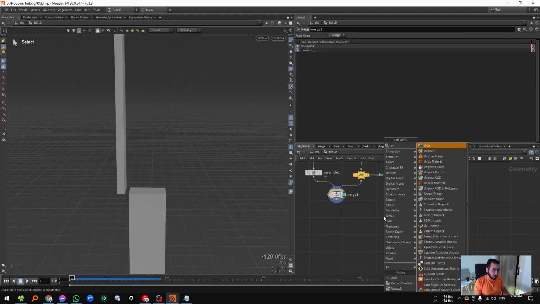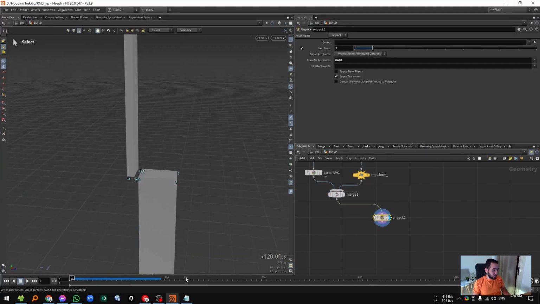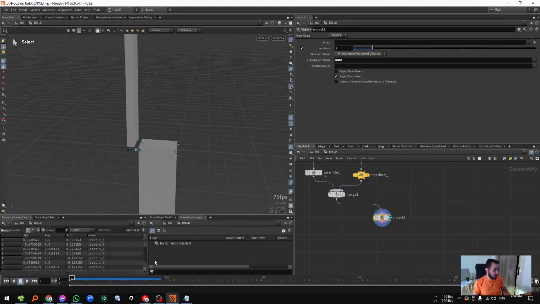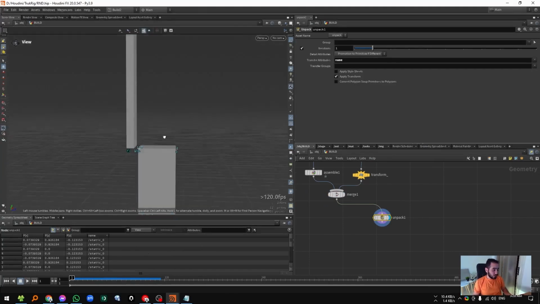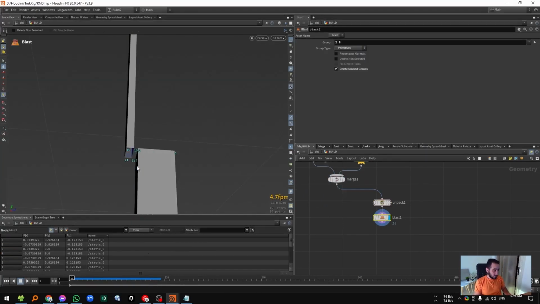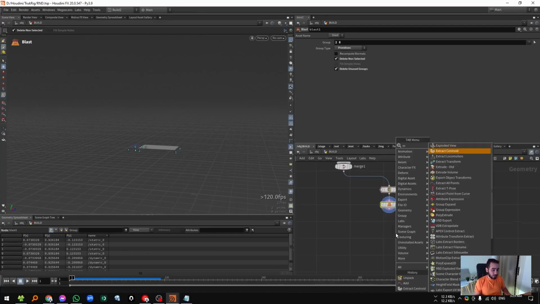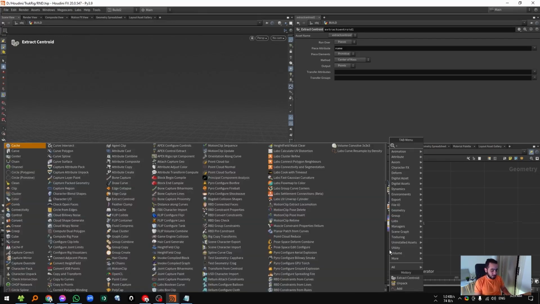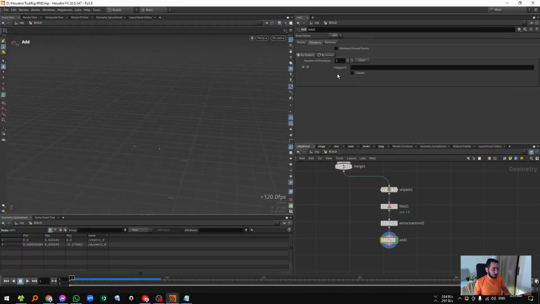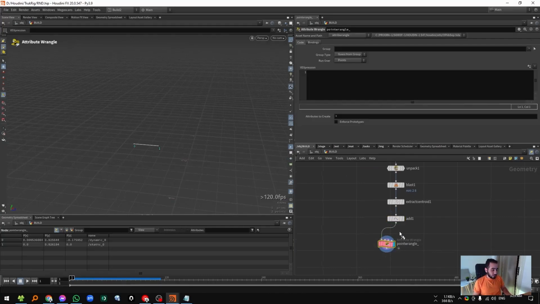I can unpack it here and transfer names with me, so I now have a name attribute on these points. Then I delete these faces and extract the centroid for each face, and here I can connect a line to make a primitive or a spline, and I can give it